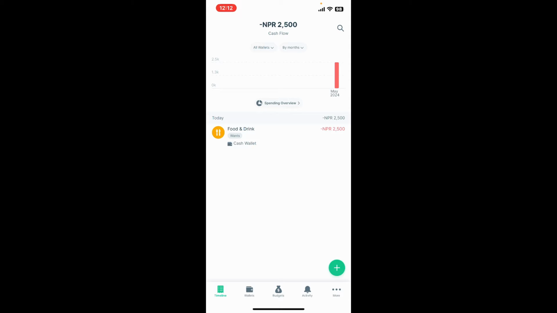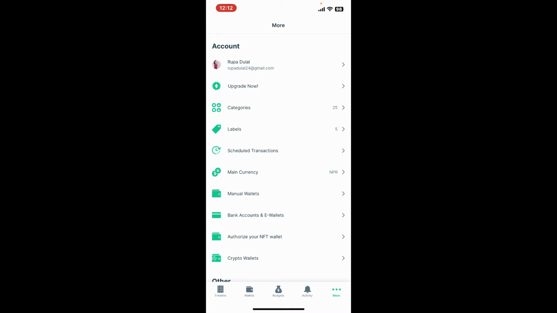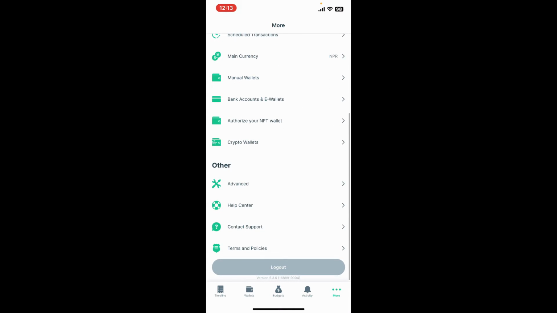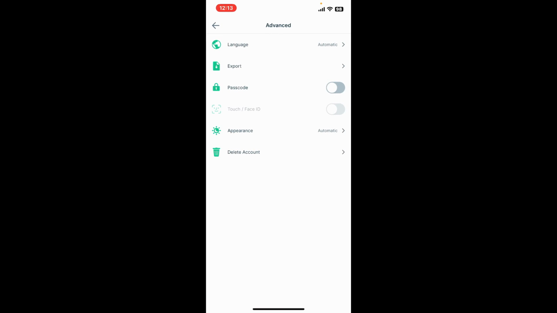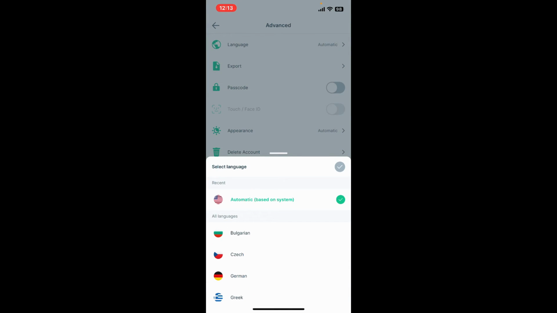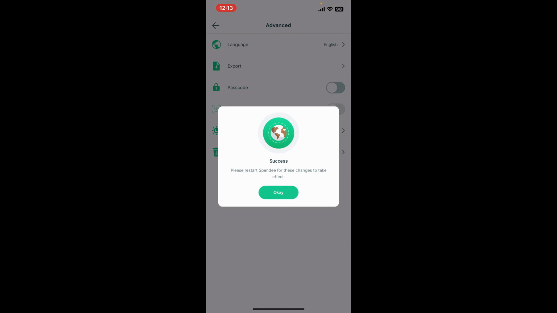Once you're signed into the main home page, tap on the More button at the bottom right corner. From the More menu, scroll down and tap on Advanced. Now choose the language option. Select the language of your choice from the options given and you will be able to change your language for